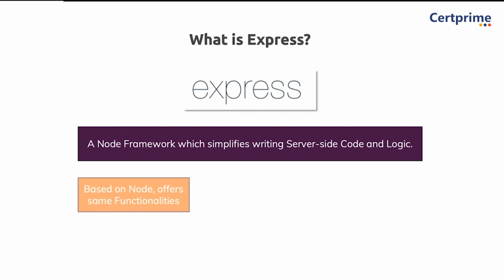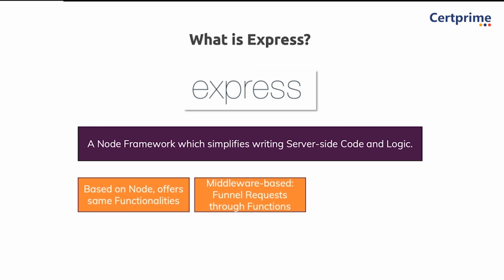So it's based on Node.js, but gives us new functionalities. It's strictly middleware based, and you will learn what that means throughout the course, which means we have a clear way of handling requests, a clear funnel through which all requests are passed, where we then can extract data or prepare the response. And in general,